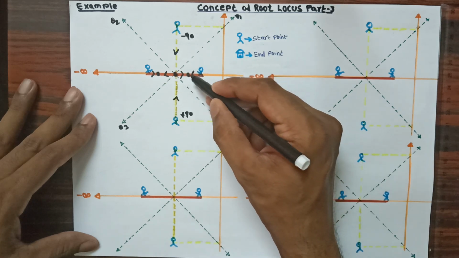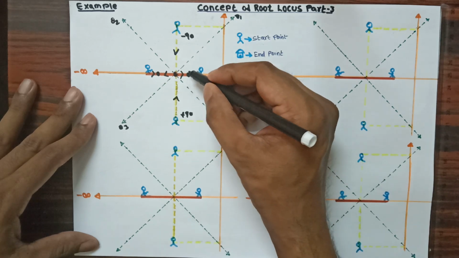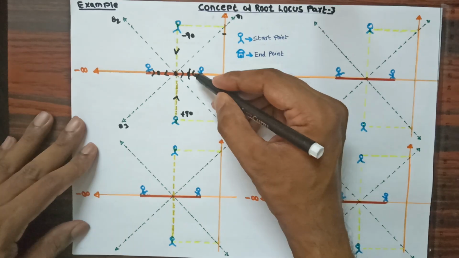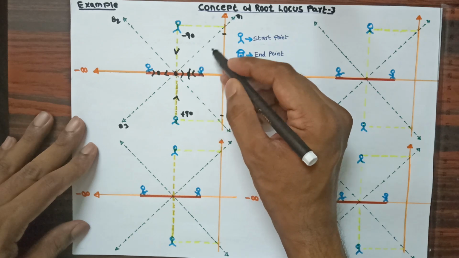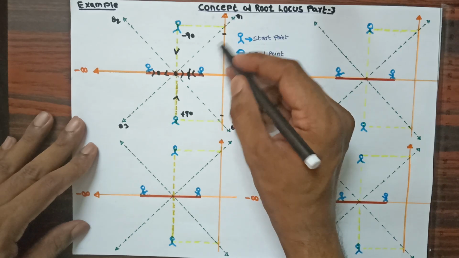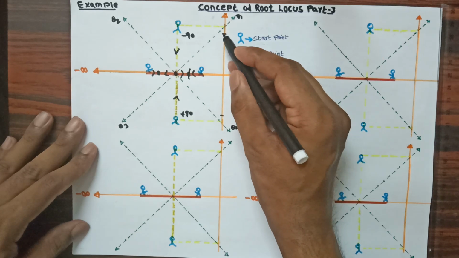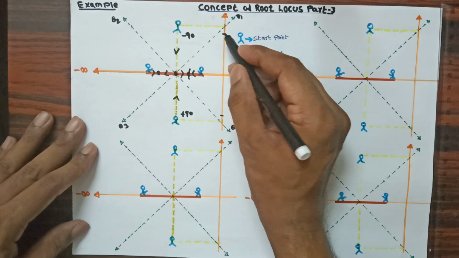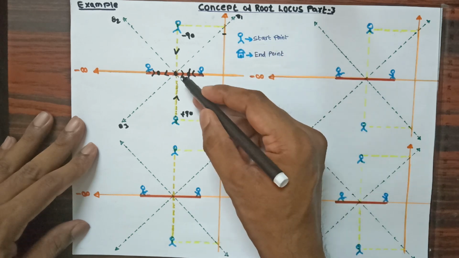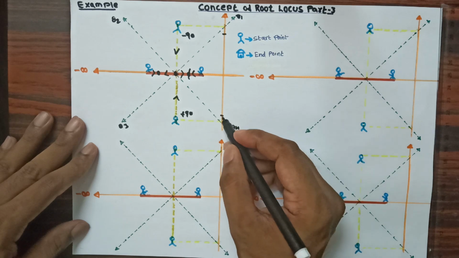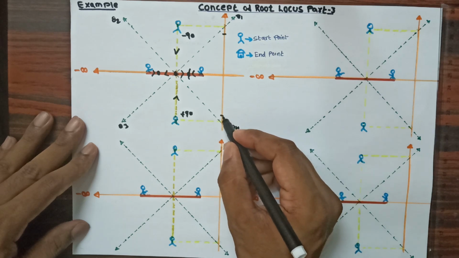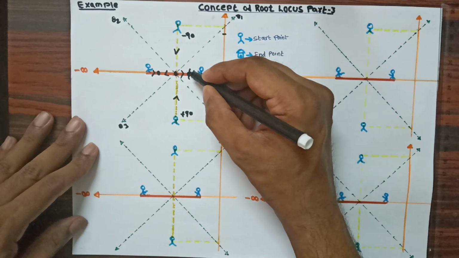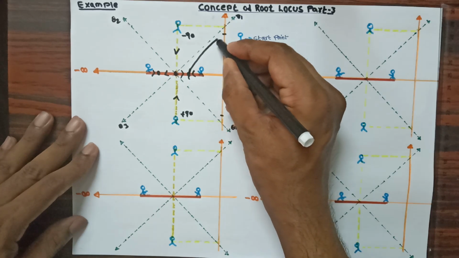For these 2, you can see at this point when they come out, one will come out in the upward direction, another will come out in the downward direction. So in this way, when they come out, they are going to cross the imaginary axis here because the angle is tilted. I am giving a point here. The imaginary intersection is at this point for this person, and for the other person I am giving the imaginary intersection at this point. Looking at the angle and this intersection point, this person will move towards infinity.